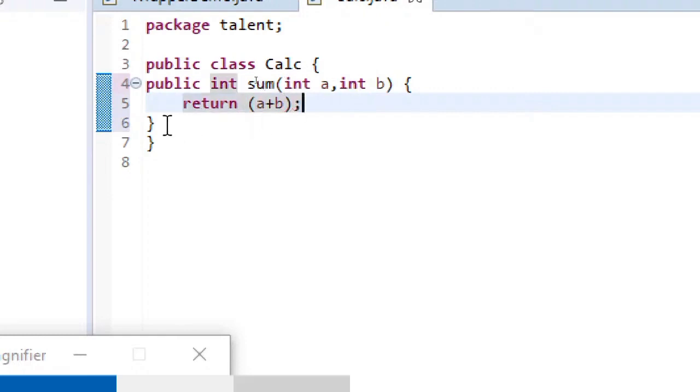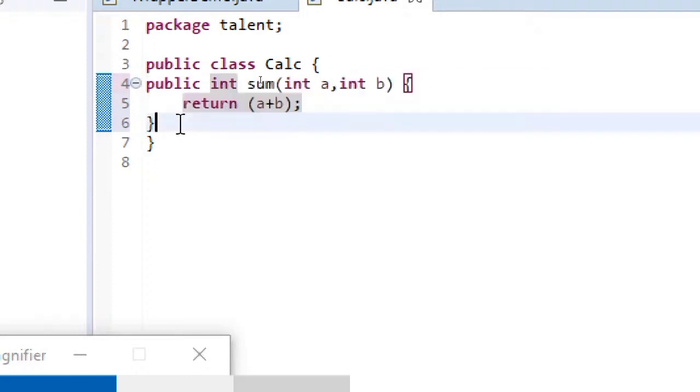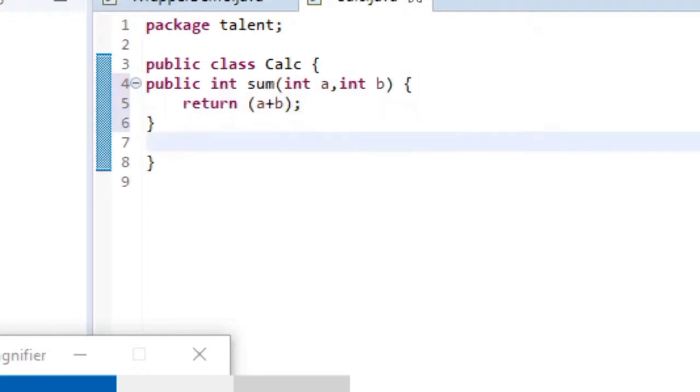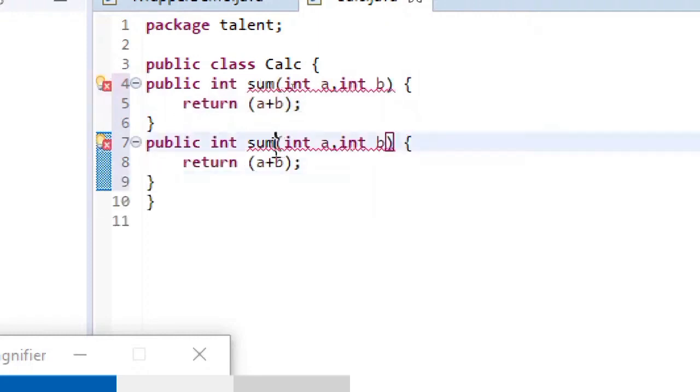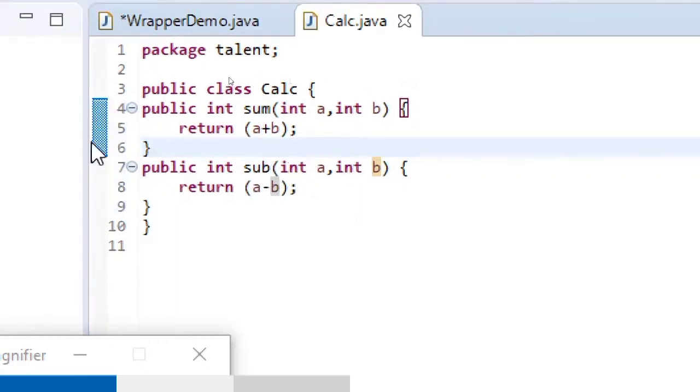So I need not explain this class and method. You can easily understand. I'm just creating a class calc and then I'm creating two methods. One is sum, the other one is sub, that is for subtraction purpose. So it's very simple to understand. A calculator class that's containing two methods. You can add other methods as well for product and so on. It's all up to you. So like this we are creating, and then just save this. And now what we do is